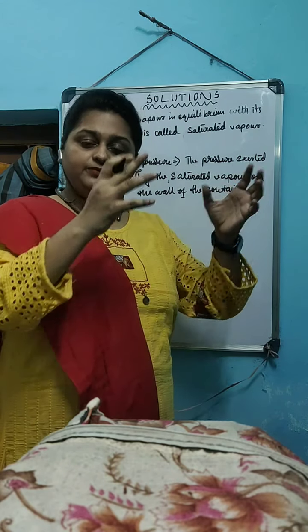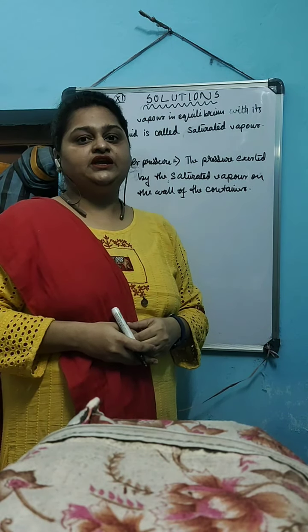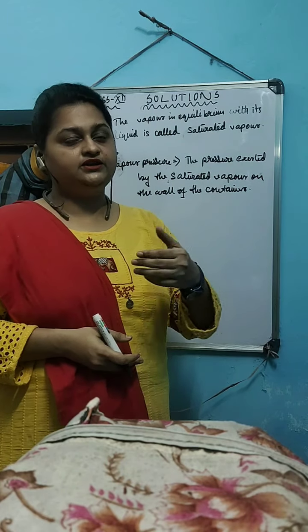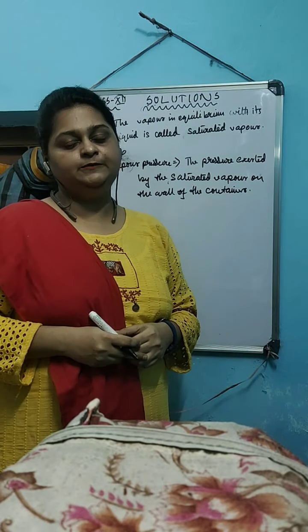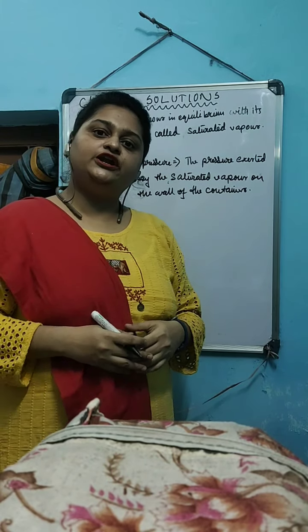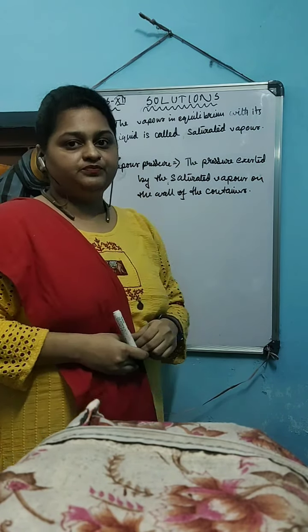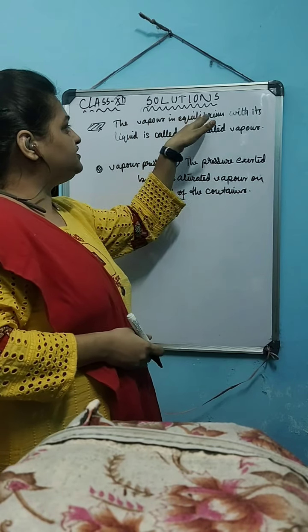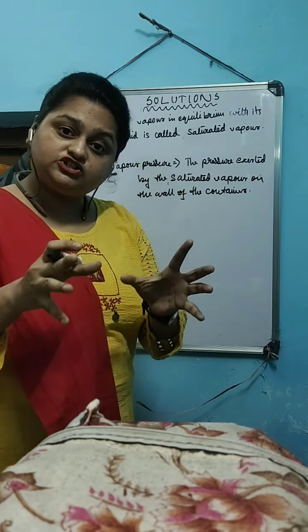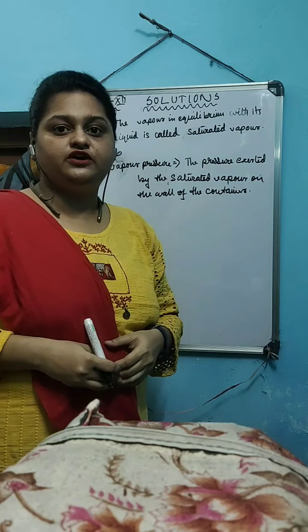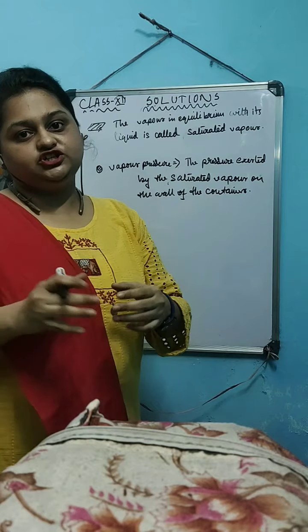But when the vapor accumulated in the empty space above the liquid surface is in equilibrium with the liquid, that is, when the rate of vaporization and rate of condensation are equal, that amount of vapor accumulated above the liquid surface is termed saturated vapor. So the definition: the vapor in equilibrium with its liquid is known as the saturated vapor, and the pressure exerted by that amount of saturated vapor is what we consider as the vapor pressure.